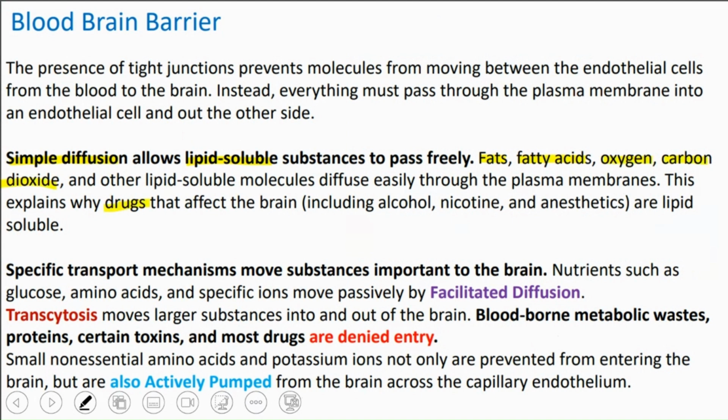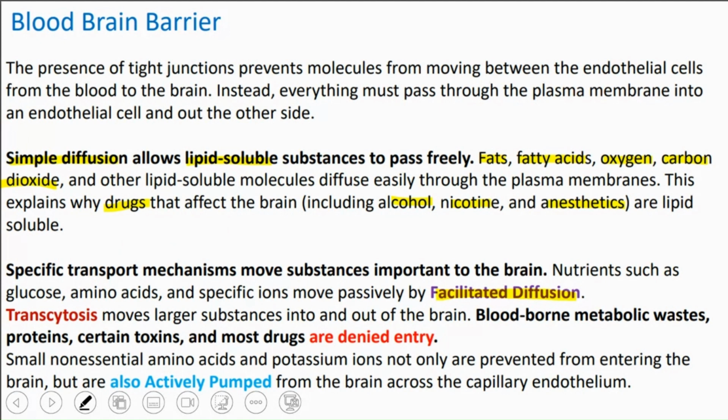and fat-soluble drugs like alcohol, nicotine, and anesthetics. They all can diffuse easily without help. Another mechanism of transportation is the facilitated diffusion. This means that some important molecules will also pass through the tight junctions, but with the help of a pump